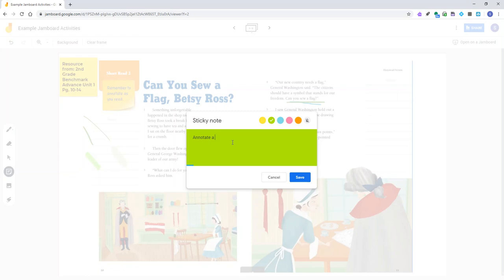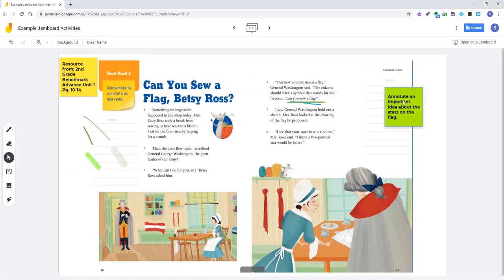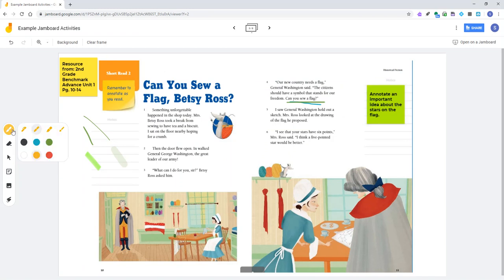Take an important idea about the stars on the flag, okay? And then the kids could go through, let's imagine that you'd already done that, and now I've given the kids a new direction. And the kids might go through then and come back in here, and